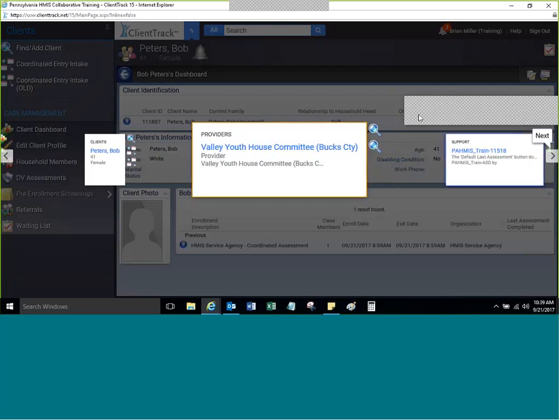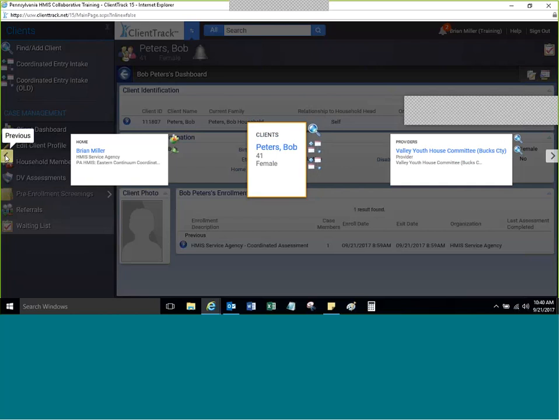And then there is also a Provider tab. Now, kind of what I told you before, agency, organization, provider, they're all kind of synonymous with the same thing. A provider within Client Track is basically your agency's referral and community queue arm of your organization. So the Providers tab is where the Eastern Community Queue as well as referrals are located. We will be checking out the Providers tab in depth in the second part